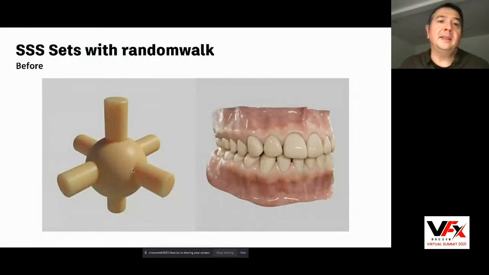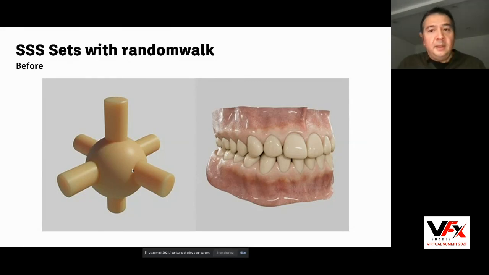So let's talk about SSS sets with random walk. So the random walk mode for subsurface scattering is the mode that everybody loves. It's the most realistic look. It's great for skin. It's great for character. It's just great generally for SSS. But it had one drawback. It didn't support SSS sets. And now you can use SSS sets. So if you don't know what SSS sets are,